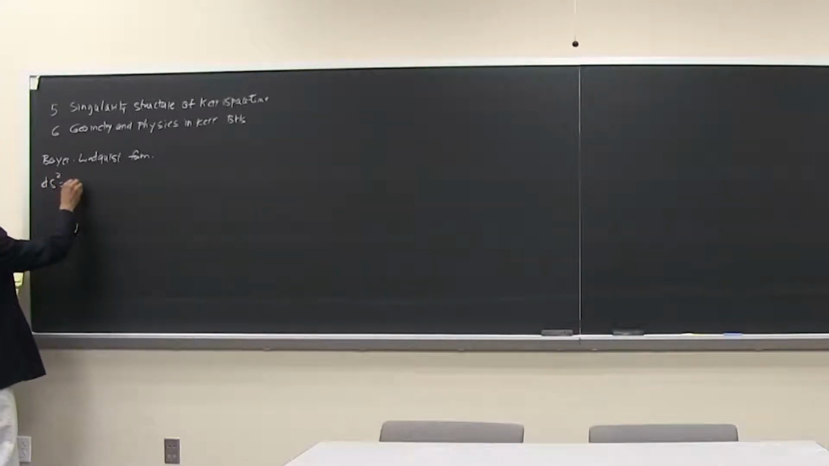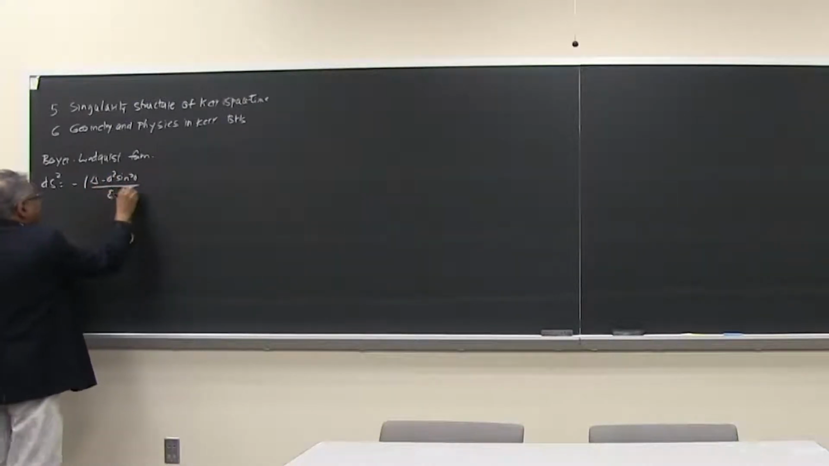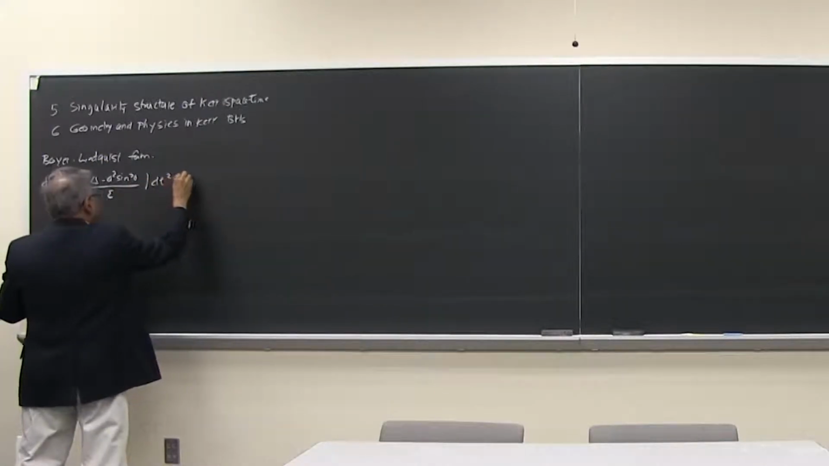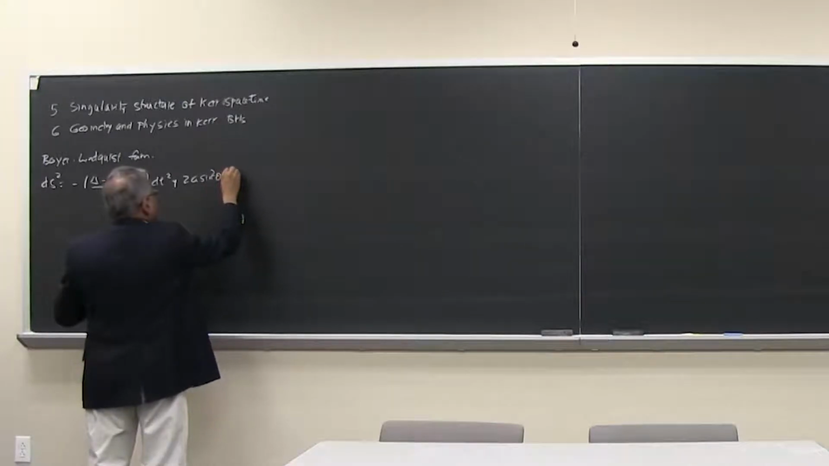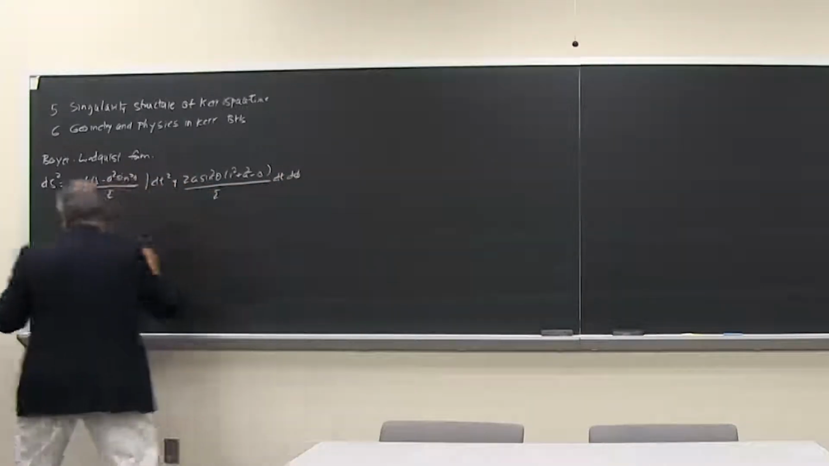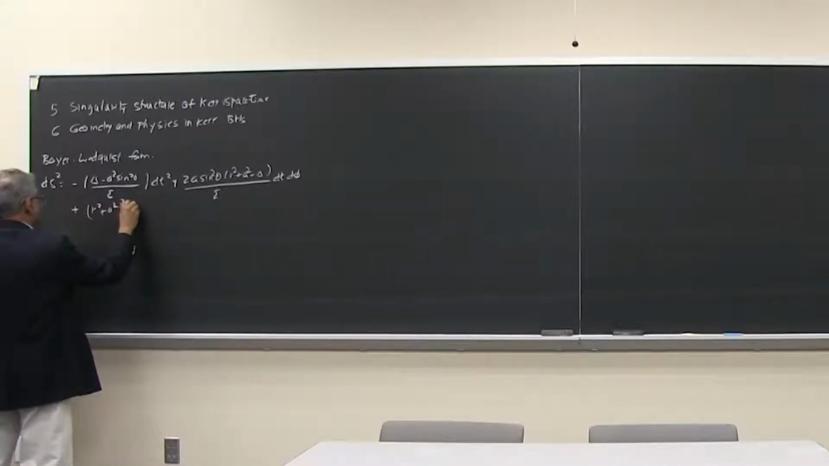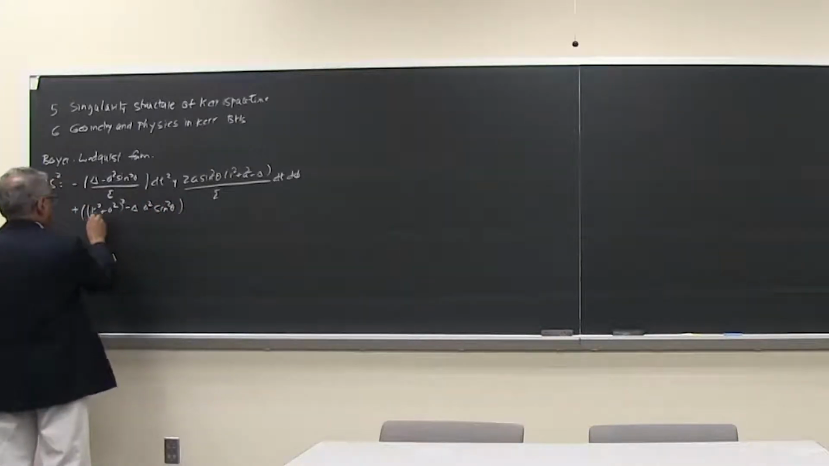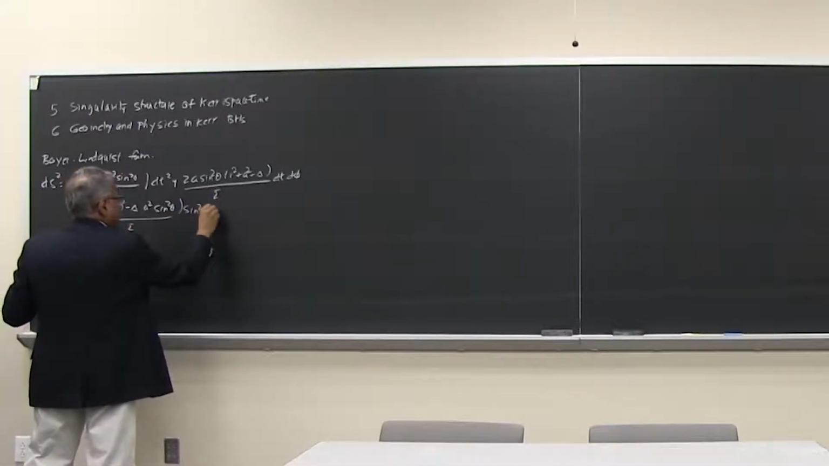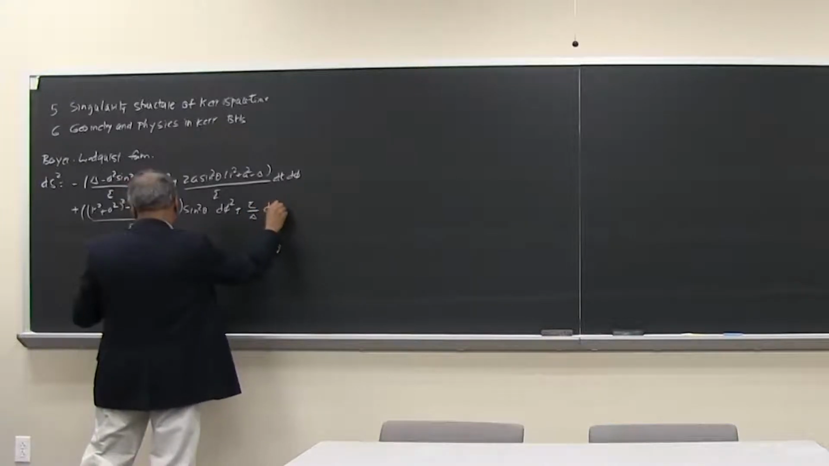So this is going to be given by ds squared is equal to minus (delta minus a squared sine squared theta) over sigma dt squared, plus 2 sine squared theta times (r squared plus a squared minus delta) over sigma dt dphi, and then plus ((r squared plus a squared) squared minus delta times a squared sine squared theta) over sigma, multiplied by sine squared theta times dphi squared,